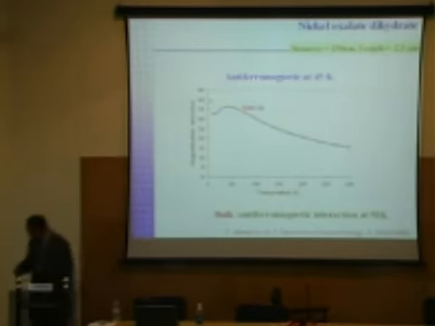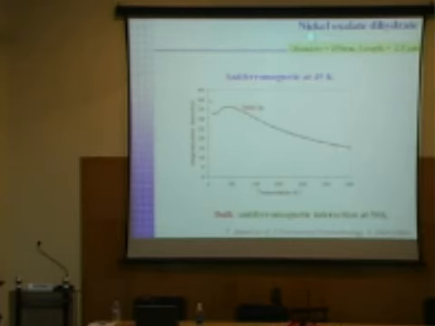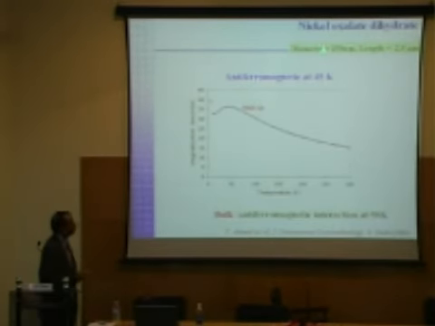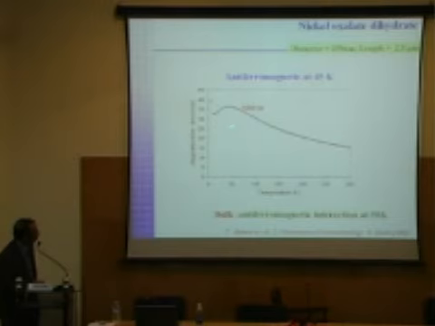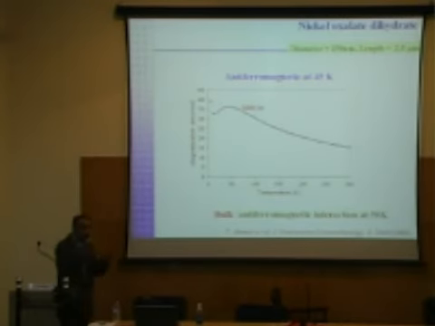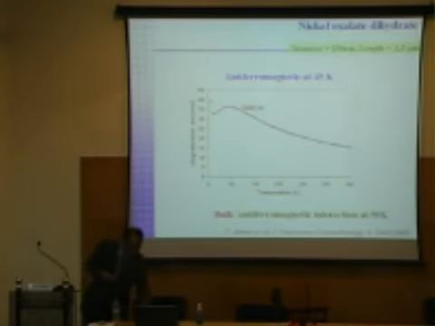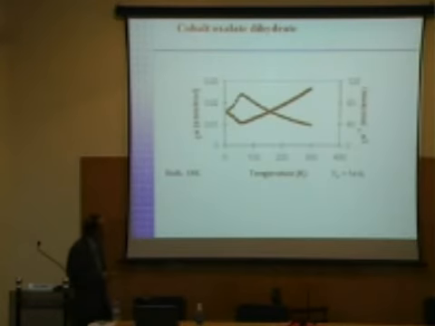I'm giving you some examples which we have done in my lab. If you look at the nickel oxalate dihydrate, which is NiC2O4·2H2O, when you look at the magnetization as a function of temperature, you can see this is reminiscent of the antiferromagnetic transition. And when the bulk material shows a 50 Kelvin transition, the nanoparticles show approximately 45. So in other words, there's a reduction in the Néel temperature when you cut down the size.